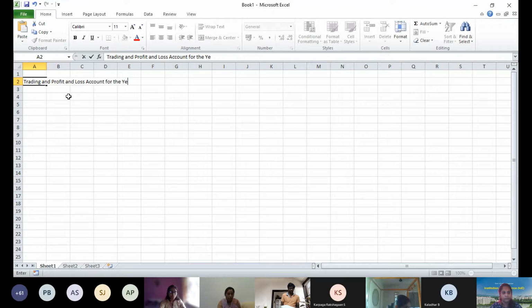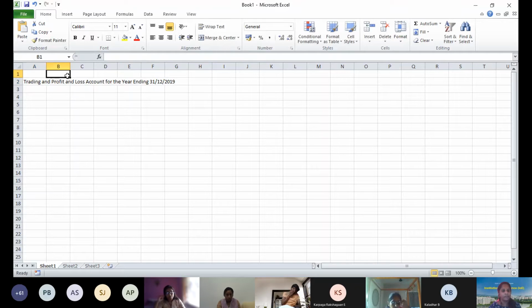Trial balance of Mohan, ma'am. Thank you. For the year ending, I'll change the date. 31/12, right? Something 2009. What was the date I gave there? 2019 or 20 you told, ma'am, but then in the question 2009. So make it as 2019. Yes, ma'am. In the books of Mohan. So I have done my format.